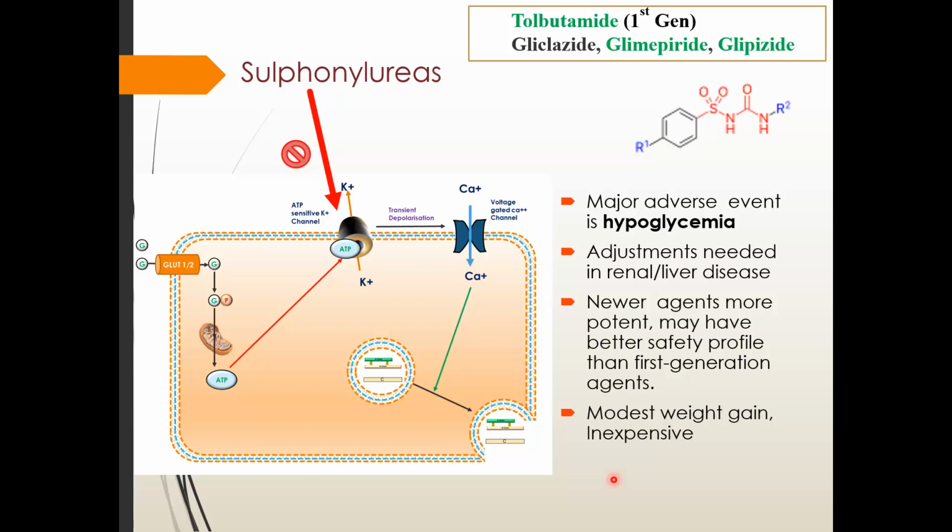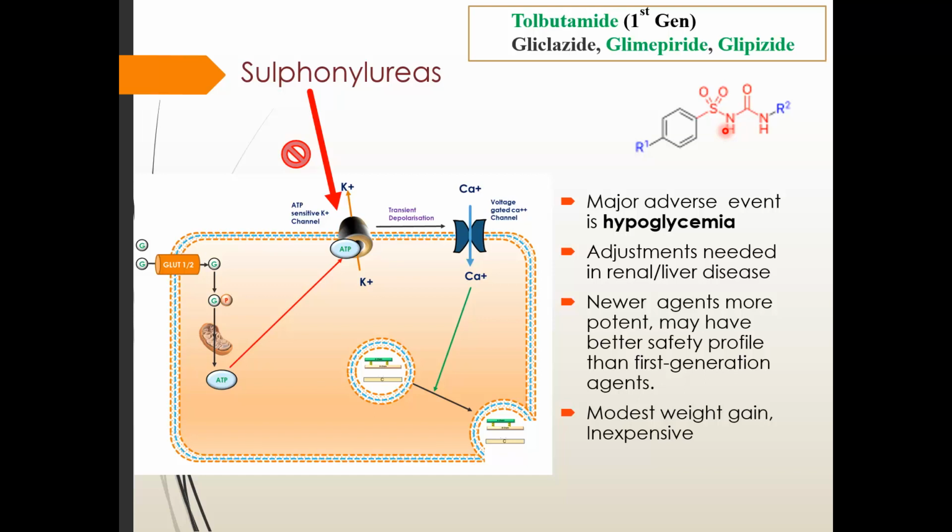How to treat a patient, that we will discuss in the next class in much detail. But remember, in a country like us, the sulfonylureas are very cheap drugs and they are used in very high amount. And another problem of sulfonylurea is that you can see there is a sulfur group. So if a patient has an allergy to sulfur drugs, better you avoid this group of drugs,